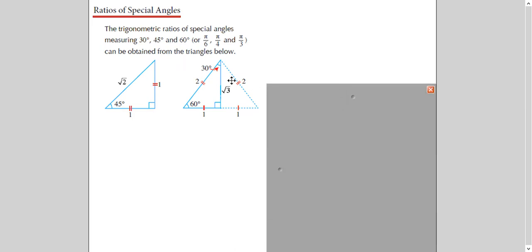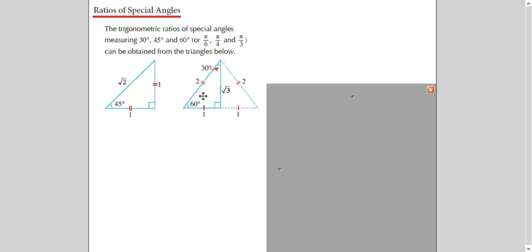Now come to this one. If you have an equilateral triangle, all angles are 60 degrees, right? If all angles are 60 degrees and you split it from here, dropping the height from this vertex to the side opposite to it, you will get 90 degrees here. So we have taken 2, 2, and this whole side is 2, because it is an equilateral triangle. And why have we taken 2? Because we have to split this into 2 parts, so 1, 1 will be easy. Then by applying the Pythagoras theorem, you can find out this height.